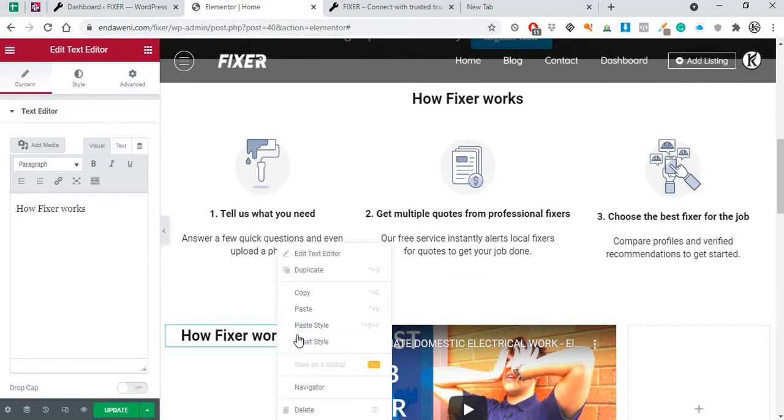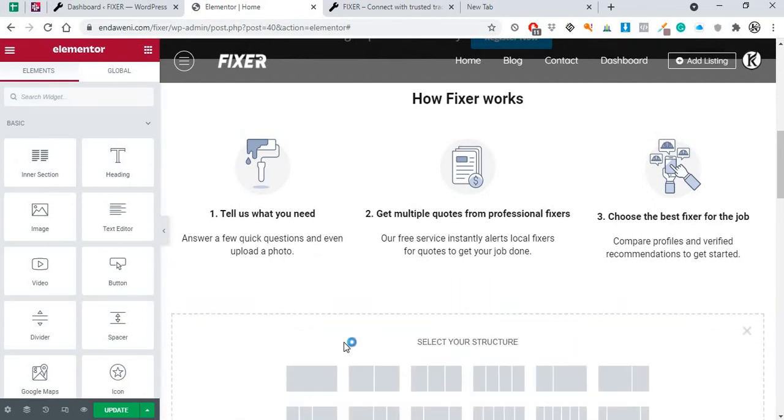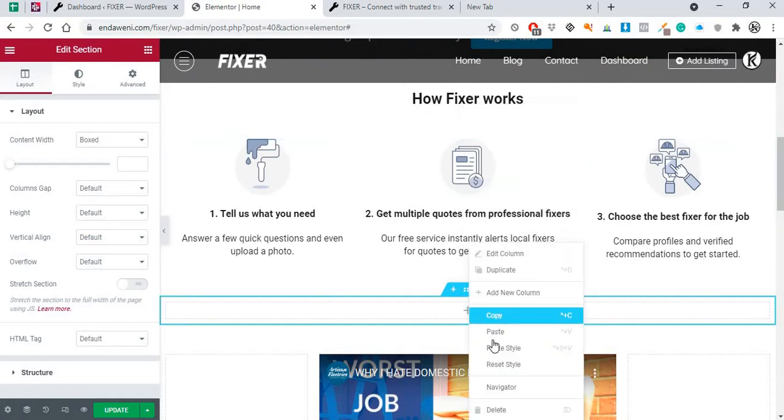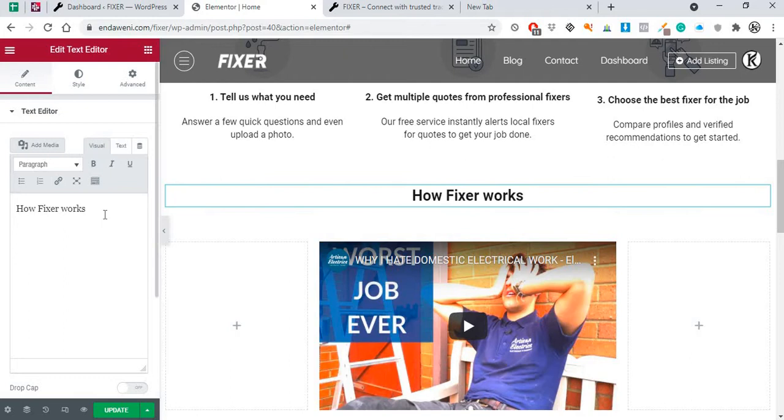That's what I'm gonna do. So I'm just gonna delete that, add a new section, then we copy that text, we copy, we paste. So you see, simple. Then we edit our text and we say